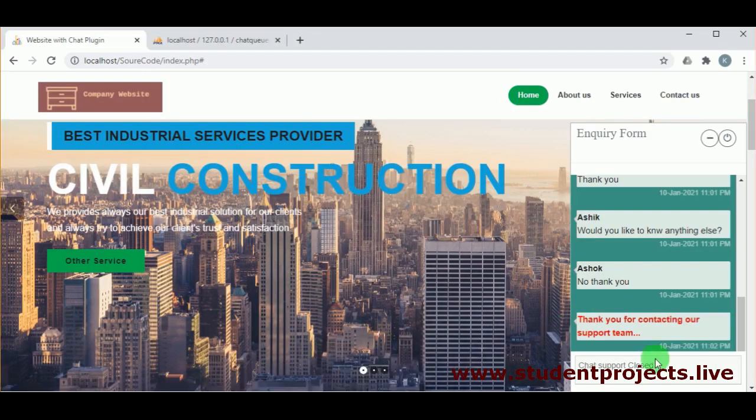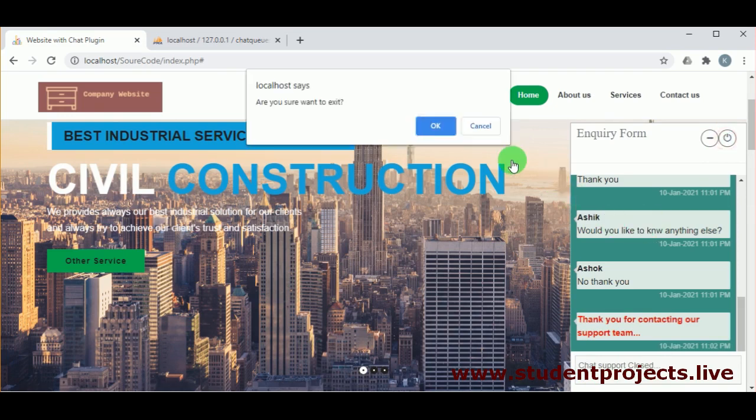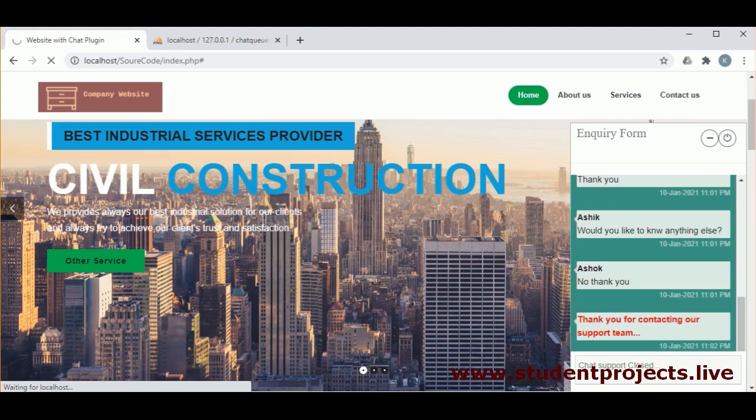And if you see the first customer's window, thank you for contacting our support team is the auto message sent and chat support is closed, and the customer can close the chat window.